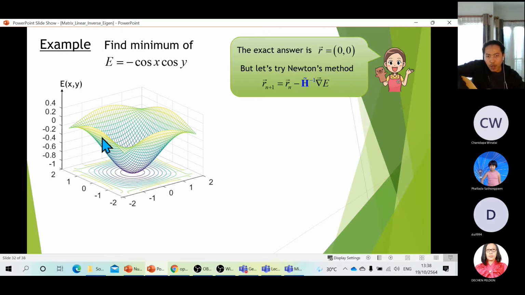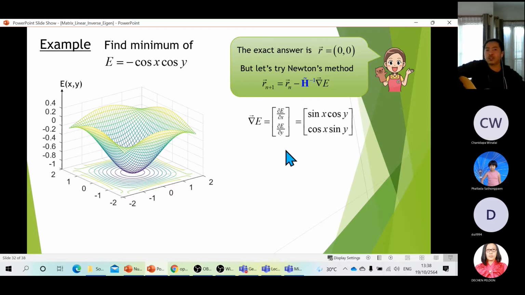The graph becomes optimum or minimum here. But let's try to use this numerical method to solve for the answer. So what do we need? We need to compute the gradient, the change of the E value, defined this way: dE/dx and dE/dy. So let's do that. If you do the derivative, dE/dx,